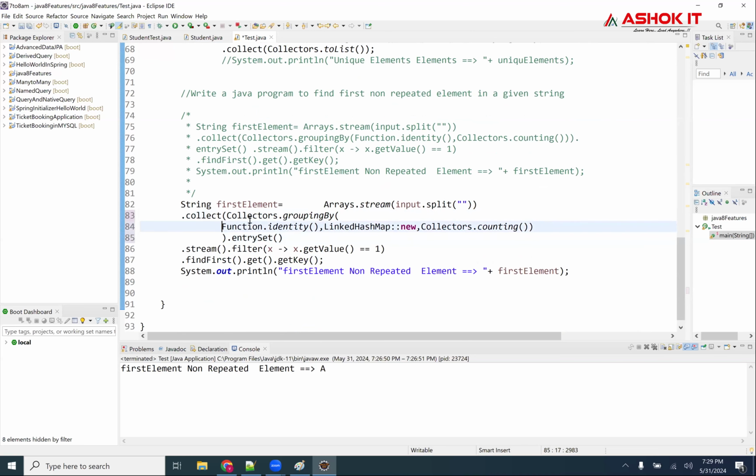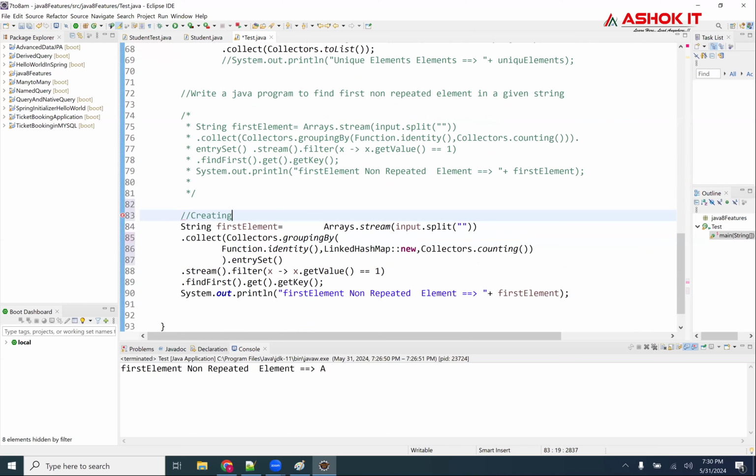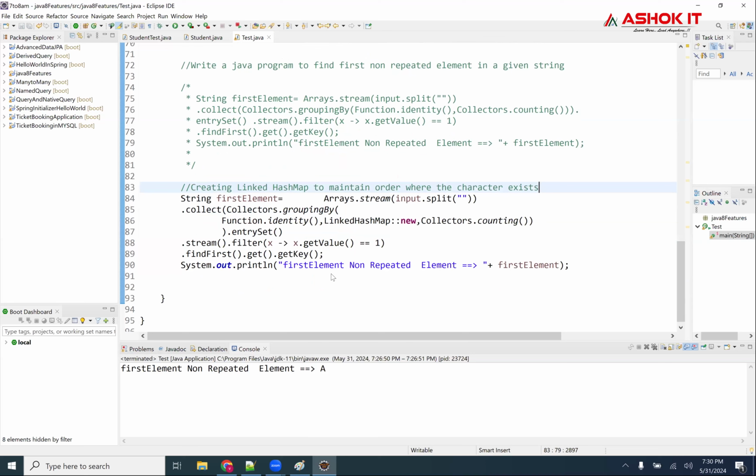So I'm creating a linked hash map, not a regular hash map here, to maintain the order where the characters exist. Okay. Now this will give me the order.